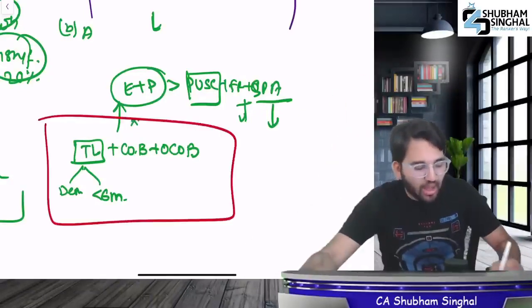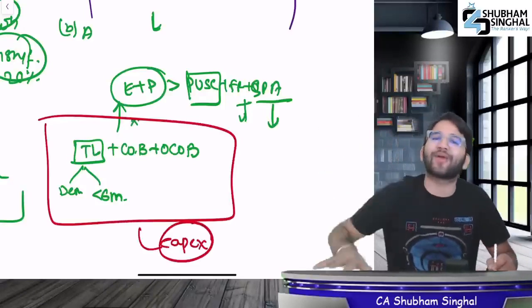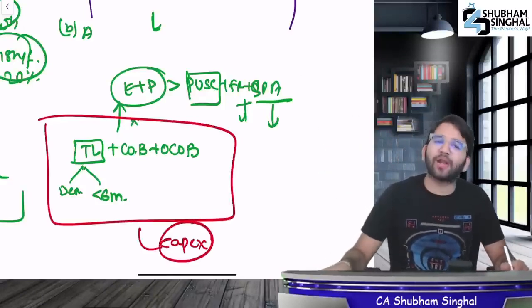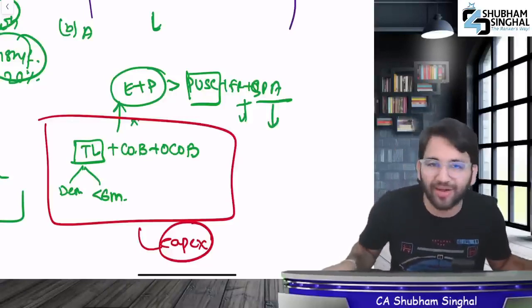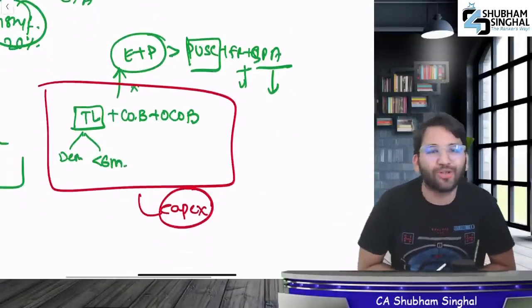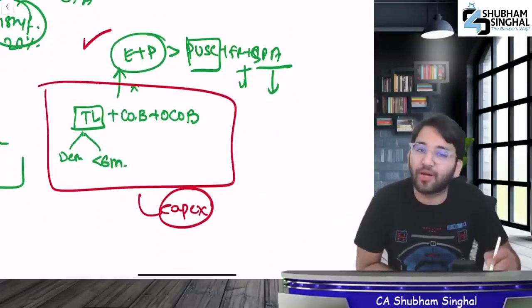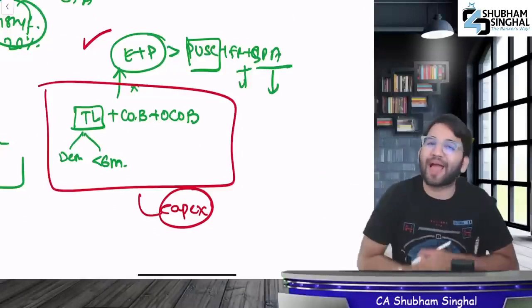But in case you took this same money to finance the capex, which stands for capital expenditure, then you will have to include it. What's the only thing not to be included? Any temporary loan you took from your company's banker in the ordinary course of business. But if you use that same money to finance capex, then you will have to include it back within this limit. And if the borrowing is going beyond the limit, then you have to pass the SR